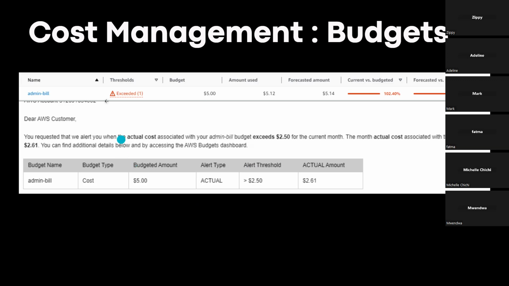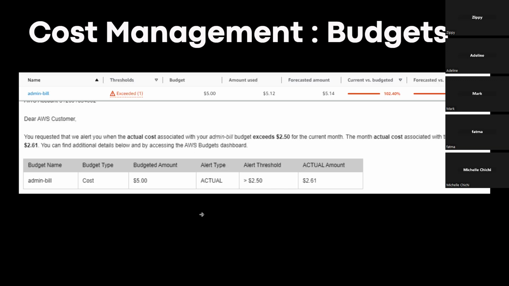So you can choose, if you set your budget to be based on the forecasted amount, you'll get an alert when that forecasted amount, and remember that's not your actual spend, it's just what the algorithm determines your spend is possibly going to be at the end of the month, exceeds your budget. You can actually get an alert for that if you set it up that way. And that is good because your spend won't actually have exceeded your budget. It's just a forecast that it's very possible.